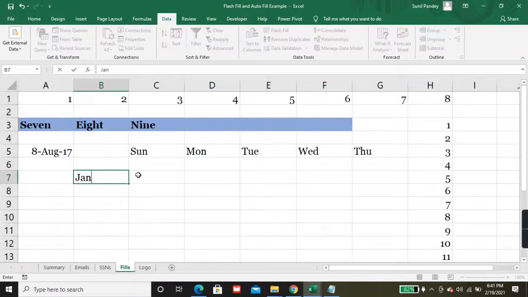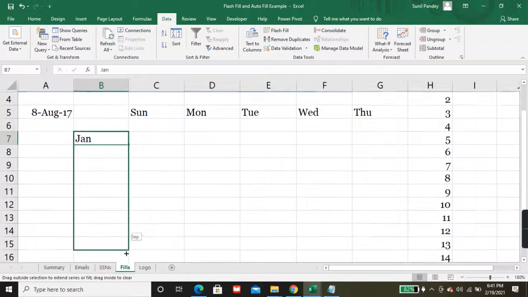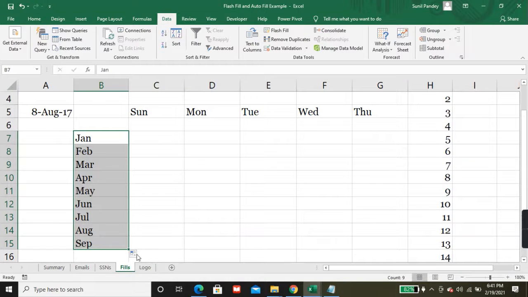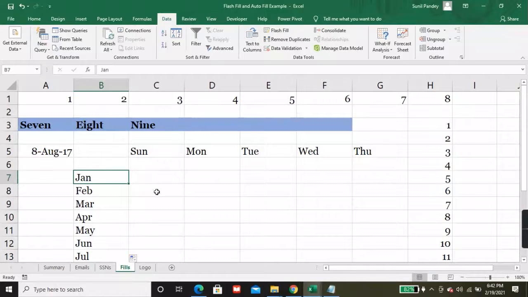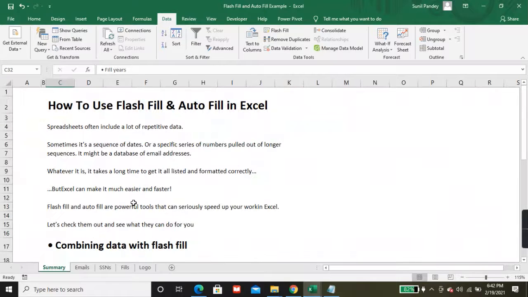If I put Jan and drag it, see, Jan, then June, July, August, like this. This is the month. You can fill all like this also. So this is flash fill and autofill.